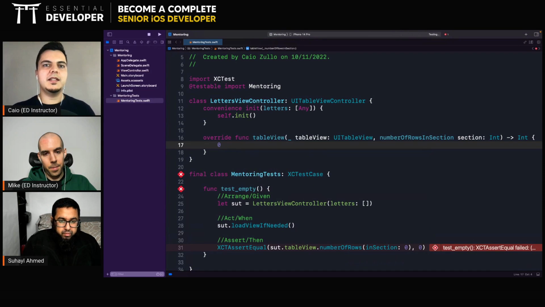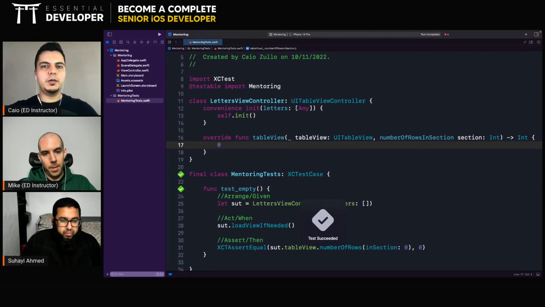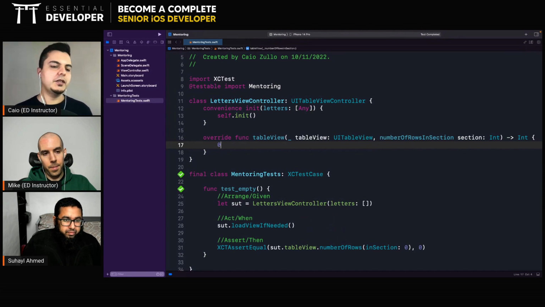Sometimes we are testing something that is already implemented, like by default, it's already 0, right? So you want to force a failure just to make sure that this test would fail in case it was returning the wrong data. If you run a test and it passes, be concerned. Maybe I'm not testing what I expect. Maybe I'm not testing the right thing. Maybe this test will never fail, so it's not testing anything, right? So, okay, we saw a failing test, now we saw it passing.